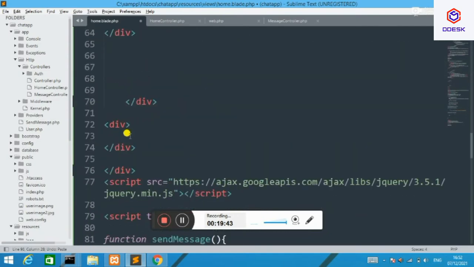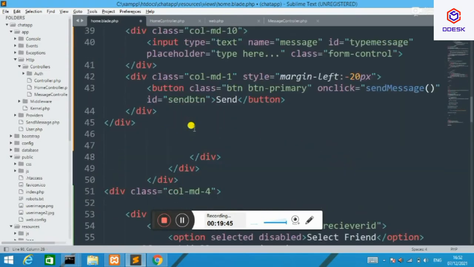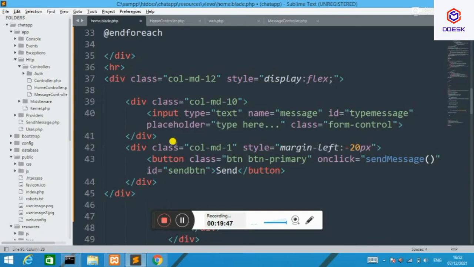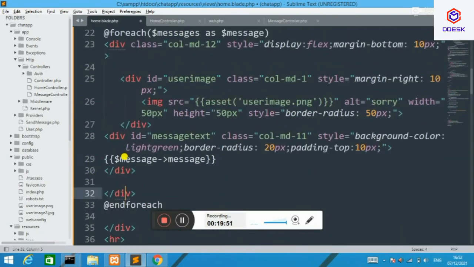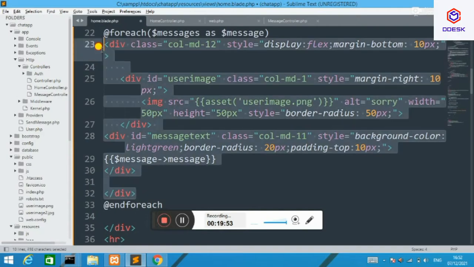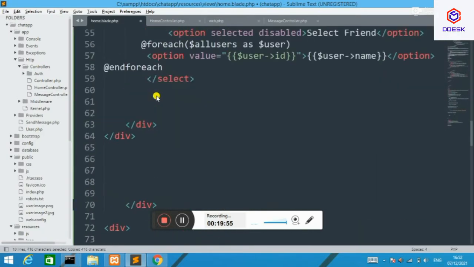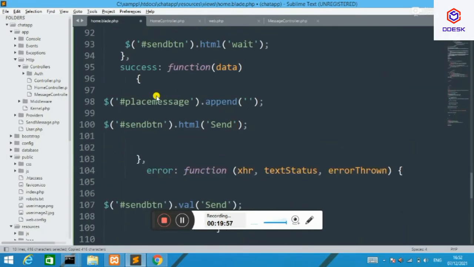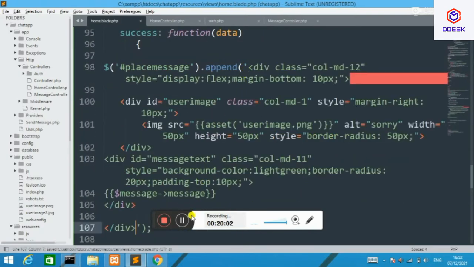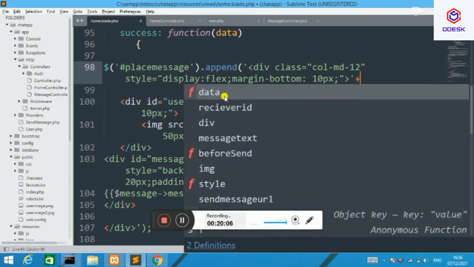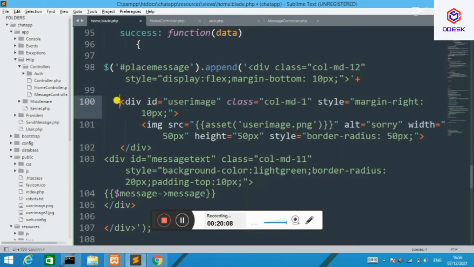Then you have to append the whole HTML divs of the messages, because it's quite different to display the HTML and CSS data in JavaScript. I'll copy my message and place it here. Through this way you can basically append your message which you are sending to your friend.